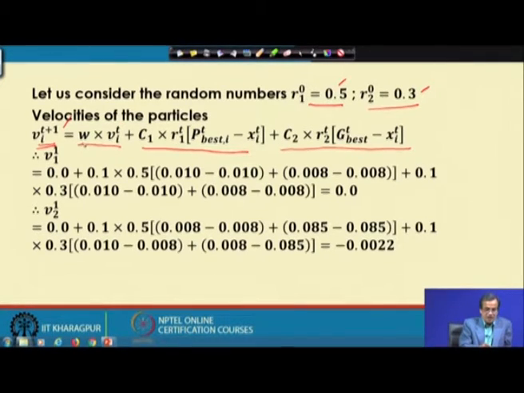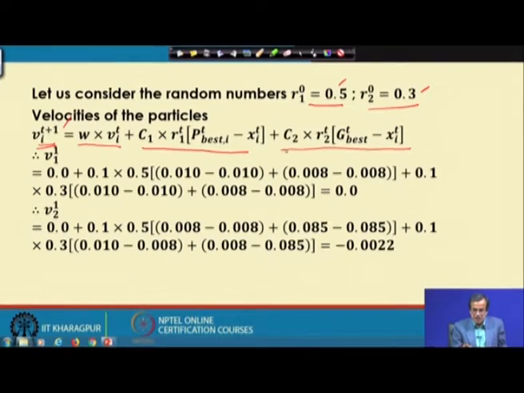Here W is the inertia weight, and V i with respect to t is the velocity of the ith particle at the tth iteration, plus C 1, which is the cognitive coefficient, multiplied by R 1 with respect to t multiplied by p best i with respect to t, that is the personal best corresponding to the ith solution at the tth iteration, minus x i t, which is the design variable.